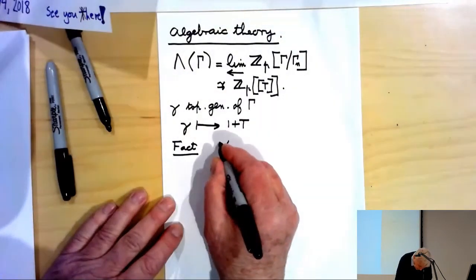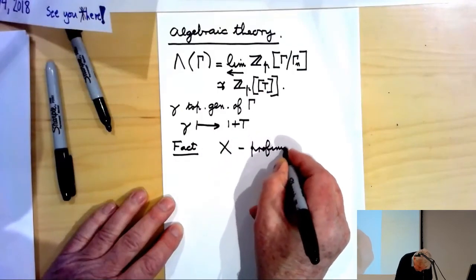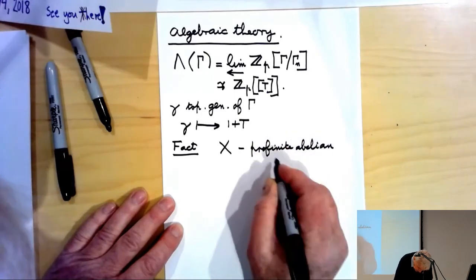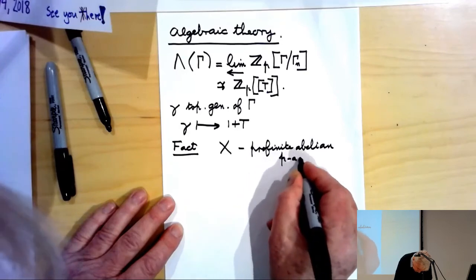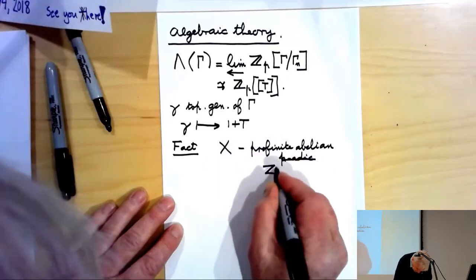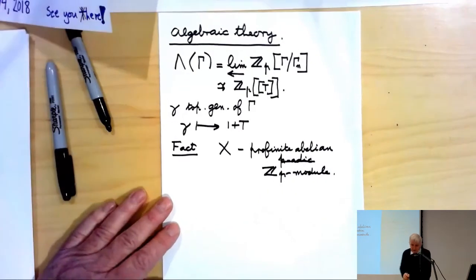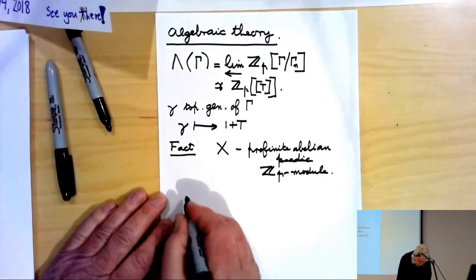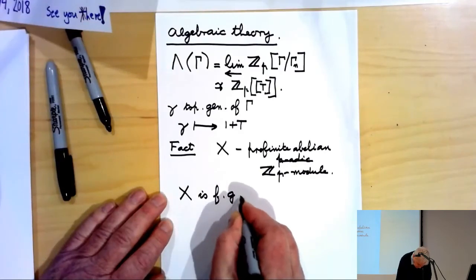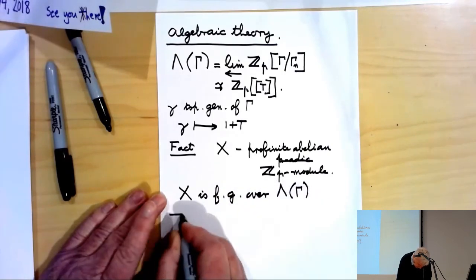X will be a profinite abelian p-adic, I mean, it's a ZP module, if you like. And Nakayama's lemma will tell us that X is finitely generated over the Iwasawa algebra lambda of gamma is equivalent to saying that